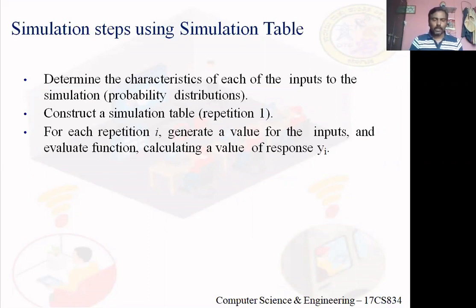So I repeat, the inter-arrival time of the first customer is 0. The inter-arrival time of the second customer is 15 minutes. The inter-arrival time of the third customer is 5 minutes. Got it? So inter-arrival time is not the only input. I may need to consider even service time as an input.